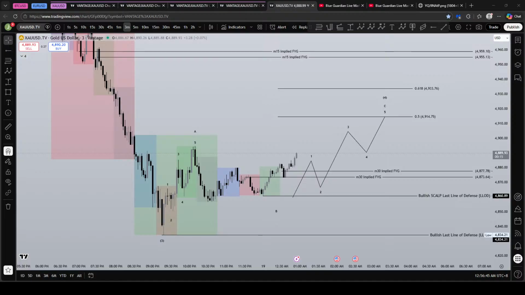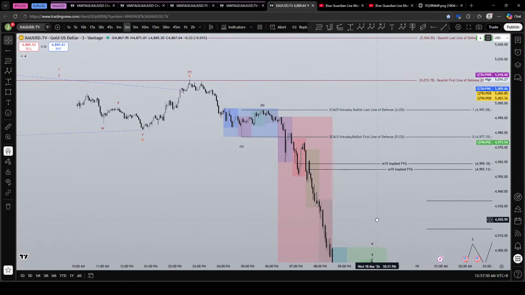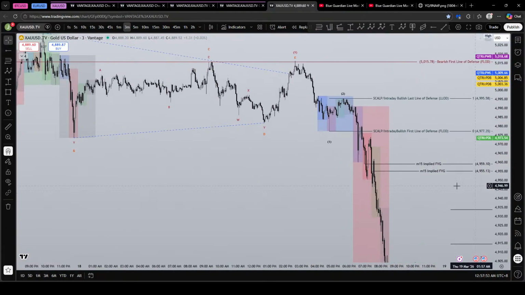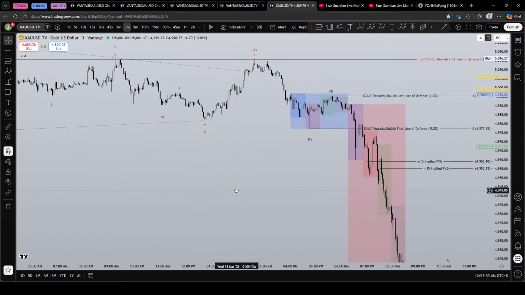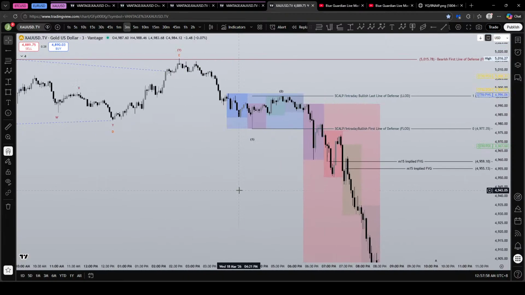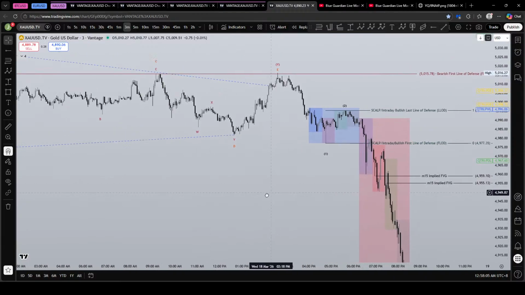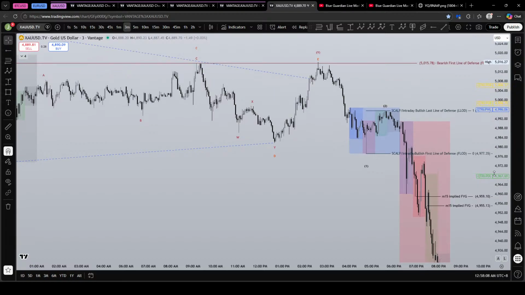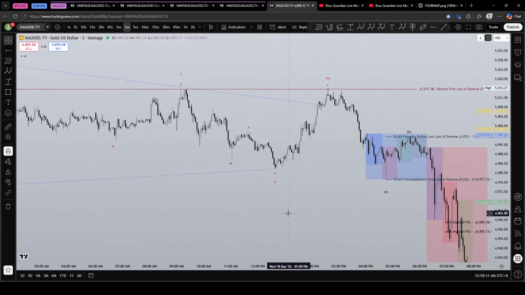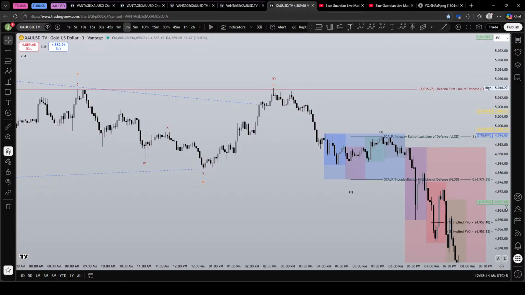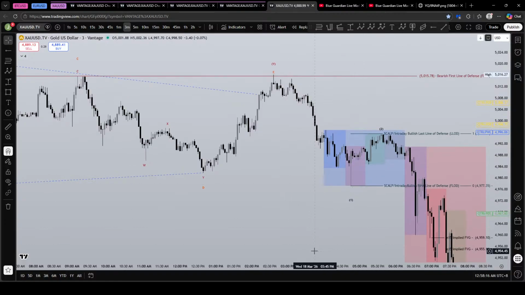Inversion is different from implied fair value gap. There are many maximalists of the inversion fair value gap, but mine is using implied fair value gap. I would like to rename it as statistical fair value gap, and perhaps I will explain in the future why. I already explained this, but